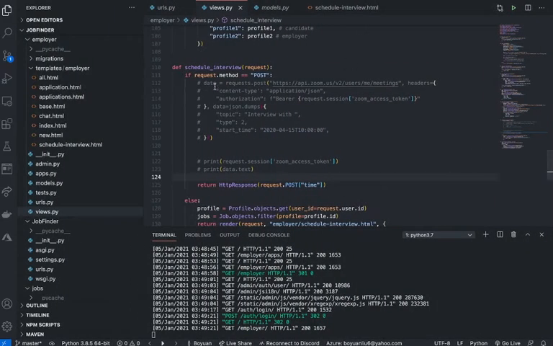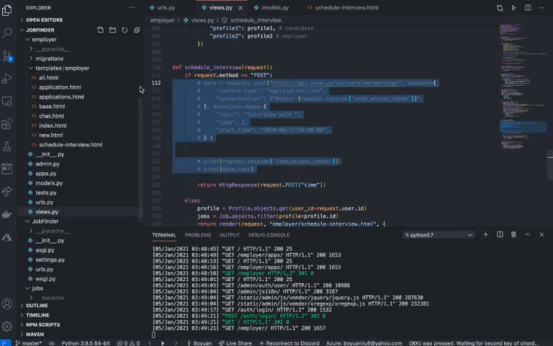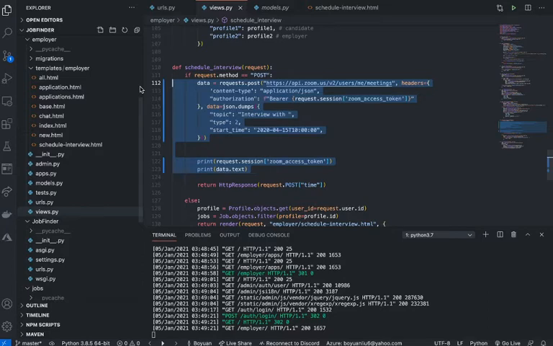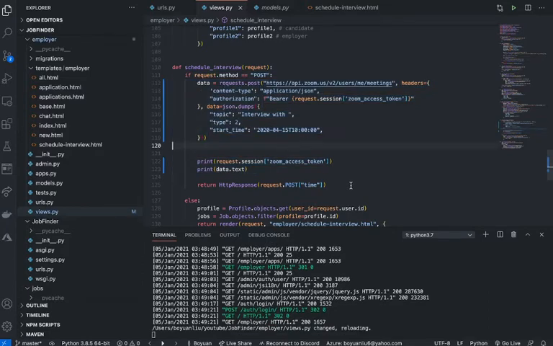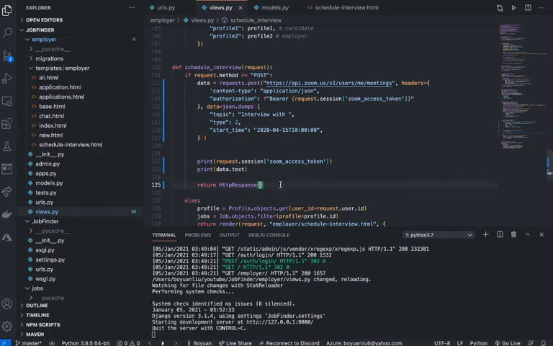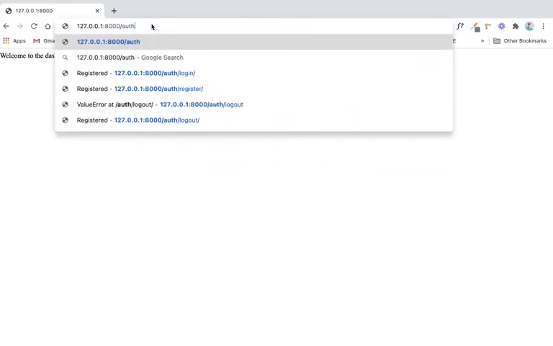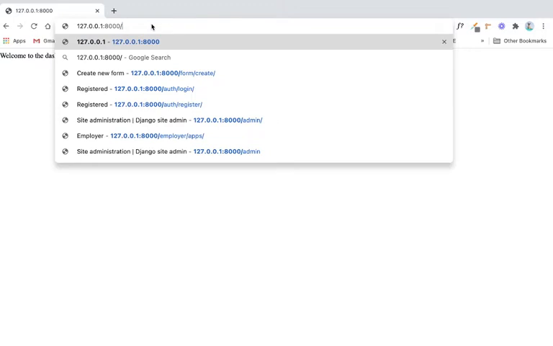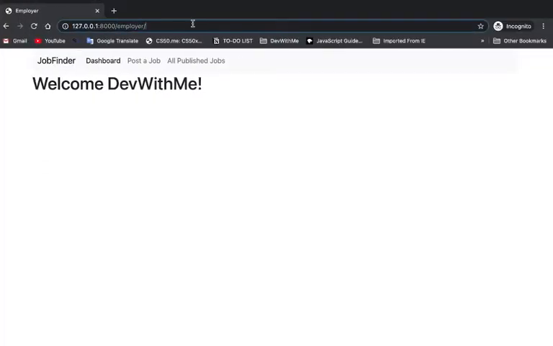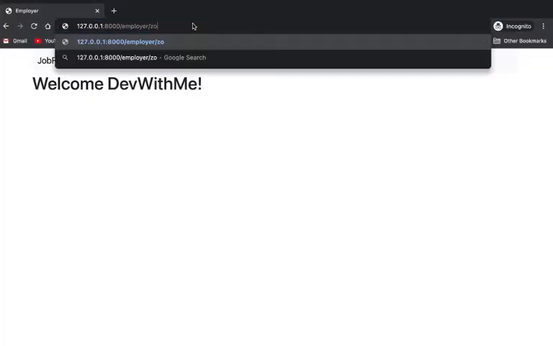Okay, so I commented these down. All right, so now it's gonna start replacing data. Actually, before I do that, let me show it to you, what that looks like. Okay, this is the employer part. So employer